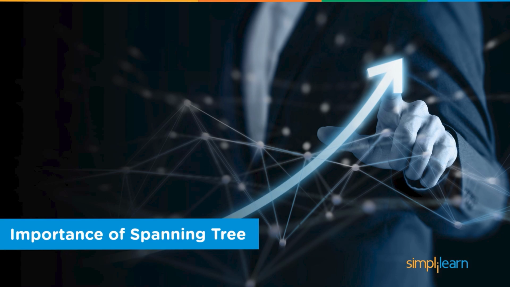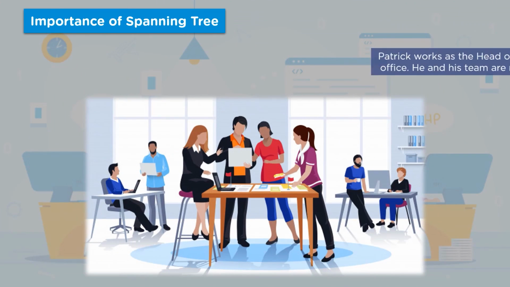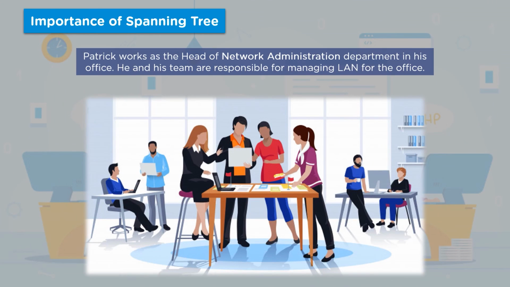We will have a look at an application of the spanning tree to understand it better. Meet Patrick. Patrick works as the head of the network administration department in an IT solution company named Gray Solutions. Being the head of the Network Administration Department, Patrick is responsible for managing his team to keep the organization's computer network up to date and operate it as intended. The Network Administration Department coordinates and connects multiple systems in the company to a single network using multiple routers. This network is called a Local Area Network or LAN, which is created for the sole use of an IT company.